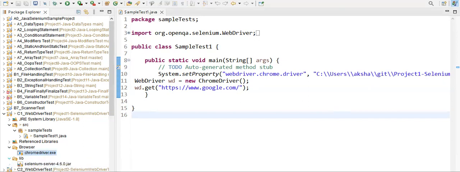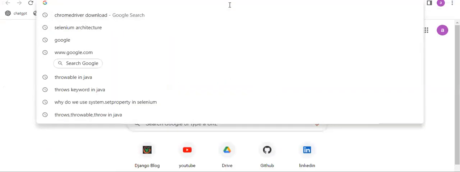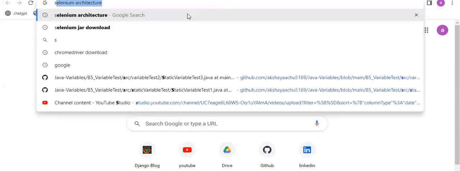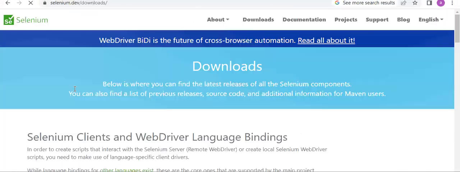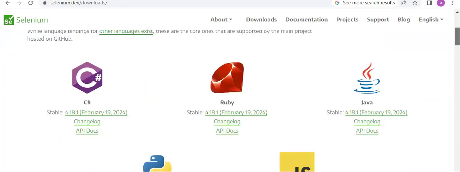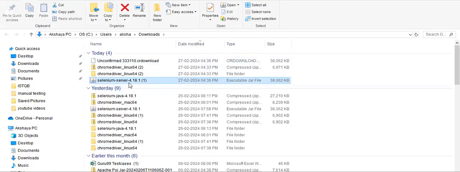Next is we have to download Selenium jars. Because this is a simple Java program, Java doesn't know that we are going to use Selenium code, so we need to download the Selenium jar. For that, go to the browser, just search Selenium jar download. Just click on here. Once it is downloaded,